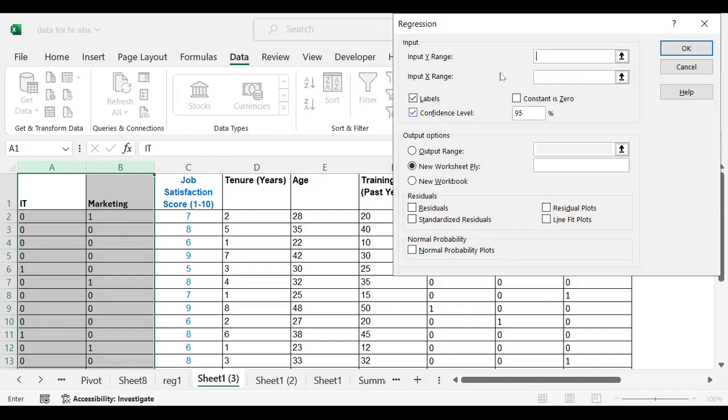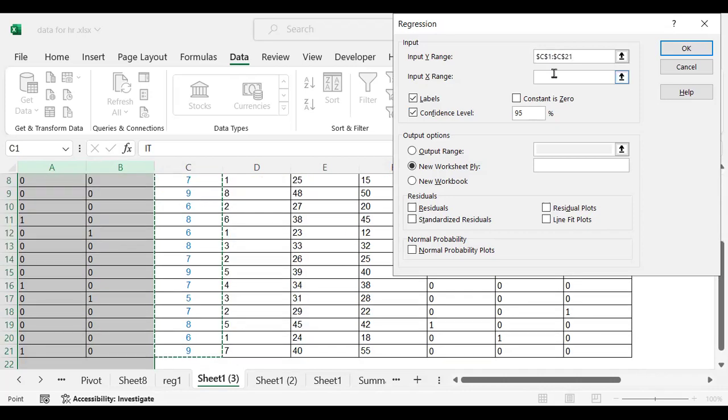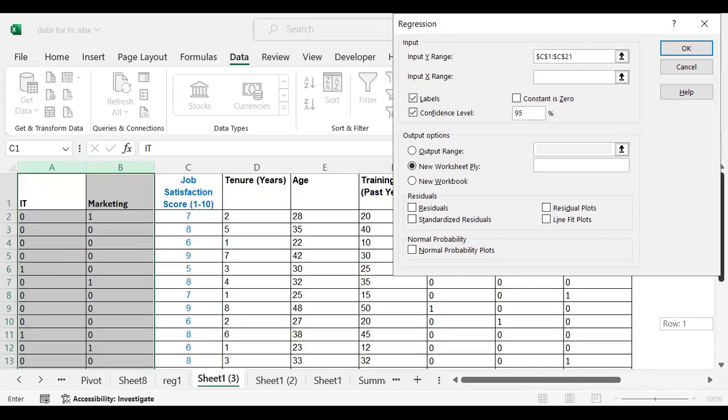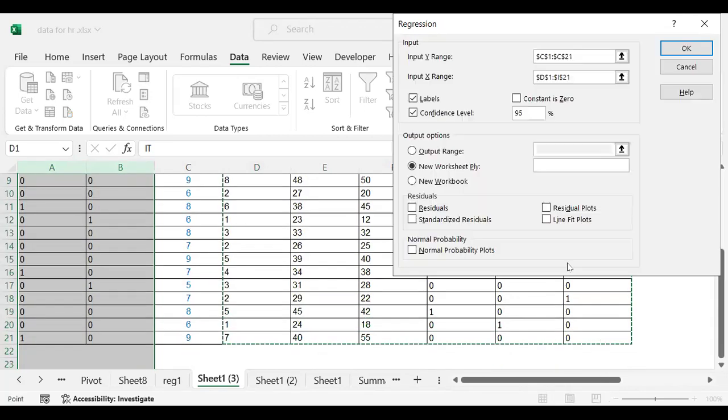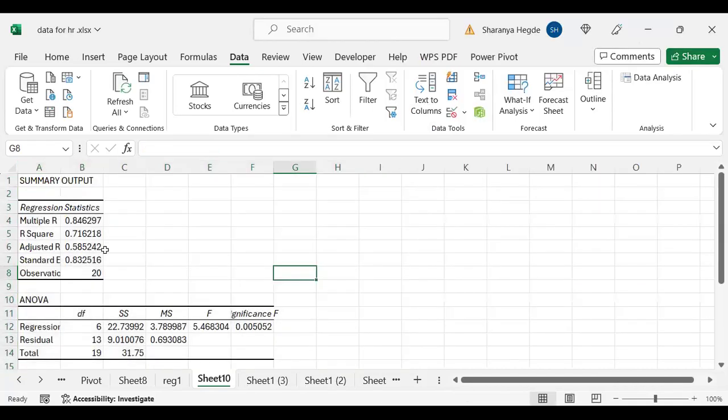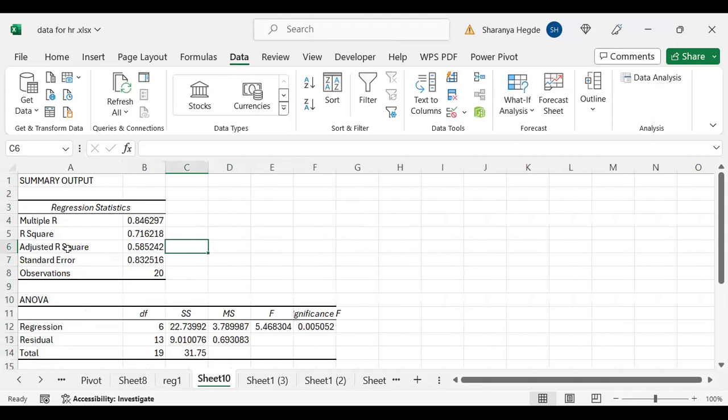Now the y variable is in which column? It's in C column. Okay. And all the variables we want to consider are in D column. Okay. Every other value we've kept the same, and in a different sheet, we can see that the outcome has